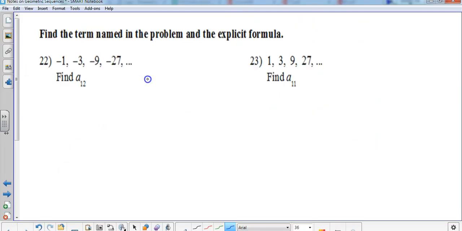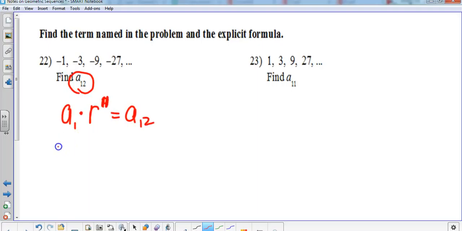All right, find the term named in the problem and the explicit formula. It doesn't matter what order we do that. Can we find the 12th term first? How would we do that? How many times would you have to multiply by something? 11 times. So the first term times r 11 times would give us the 12th term. So negative 1 times, what's our r? 3 11 times is